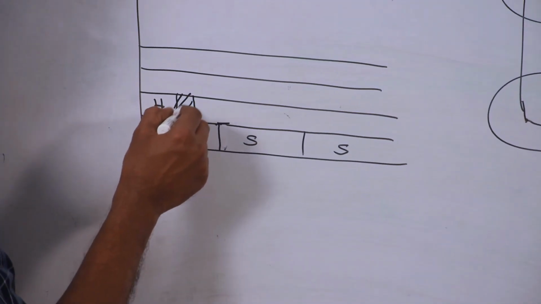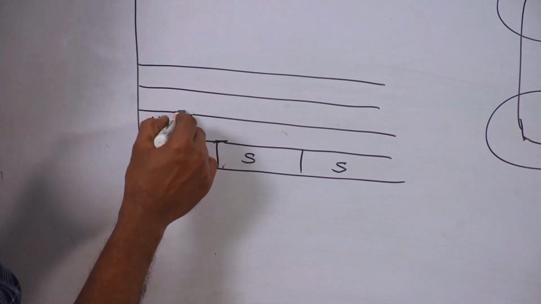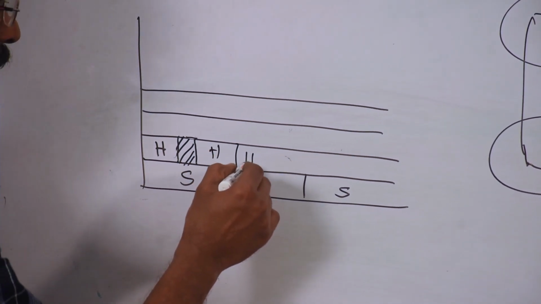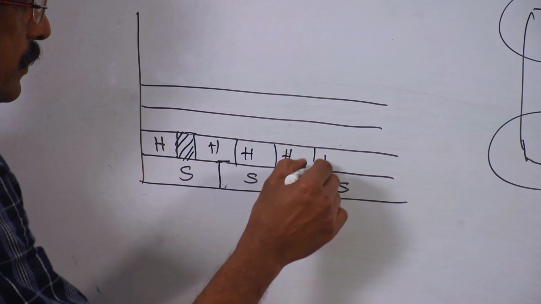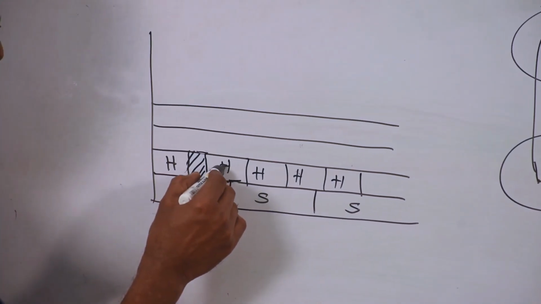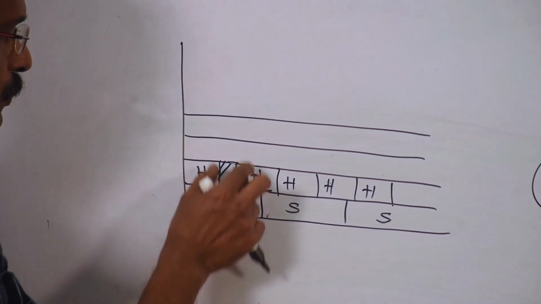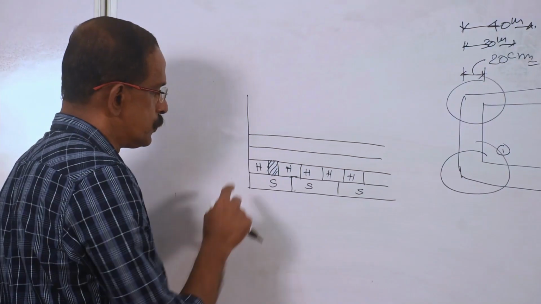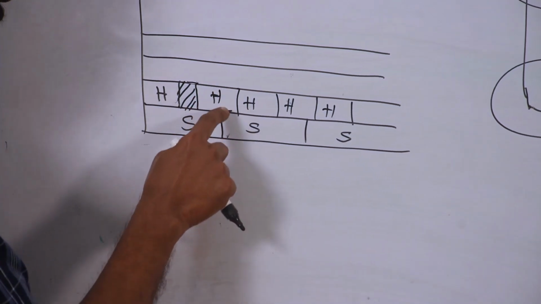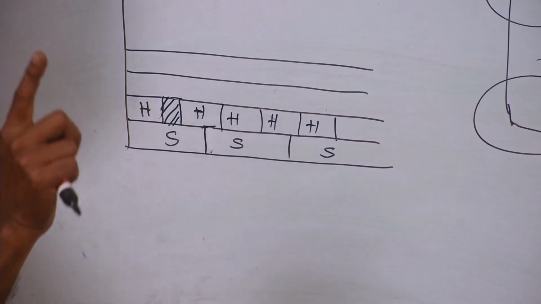So usually it is represented like this, with 45 degree inclined line hatches. Then header, then header, then header, then header. Nowhere will the joints come one above the other. If you are not keeping this closer, the joints will come one above the other. So in one layer, one closer is enough. If you keep one more closer, again the joints will come one above the other. Okay, hope it is clear for you.